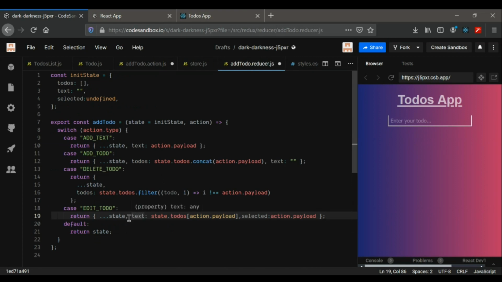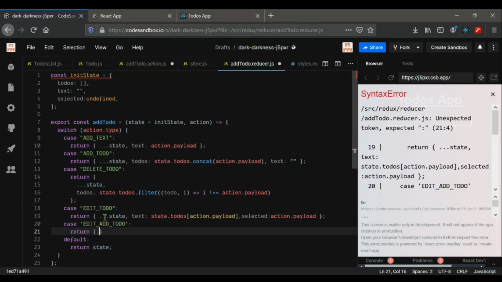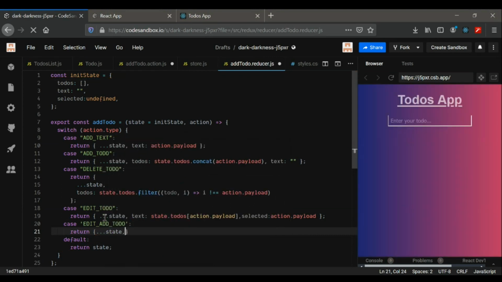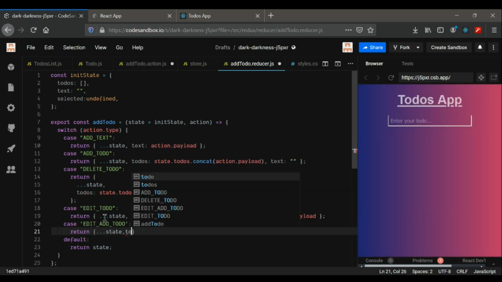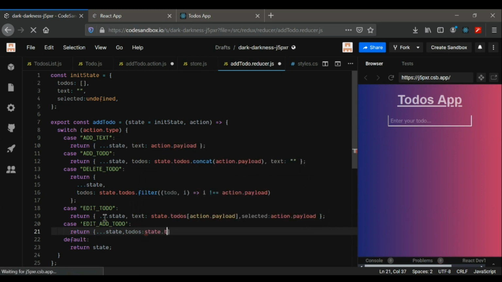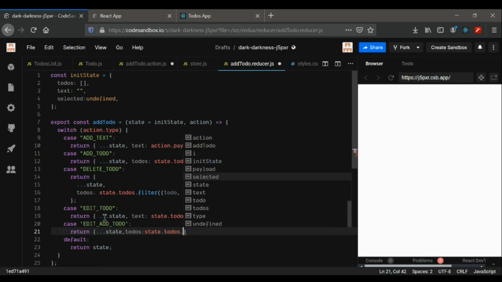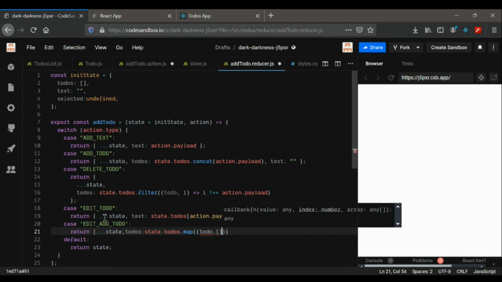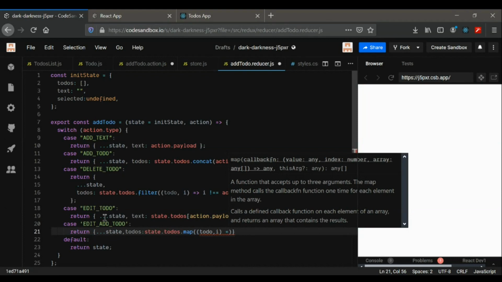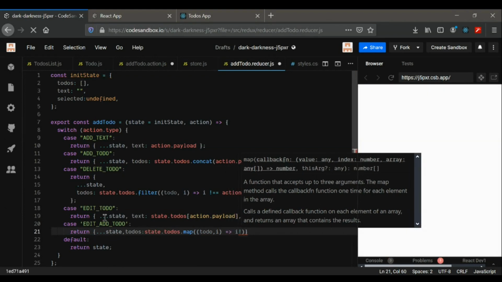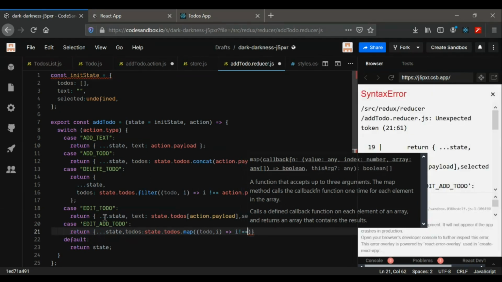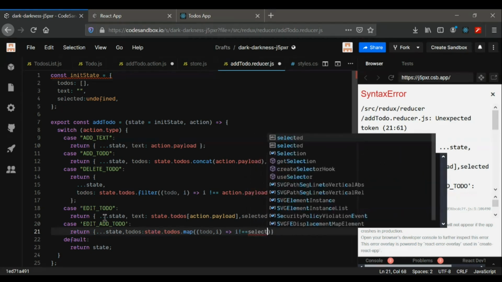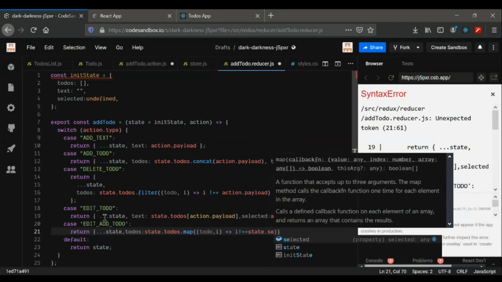In our reducer, we are going to create a new case, editAddTodo. We are going to return state again, but now we are going to use this todos again: state.todos.map, todo and i for the index part. And what we need is that if i is not equal to what selected, so this we also need from state.selected,